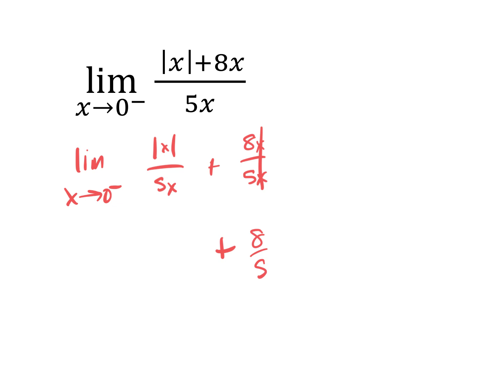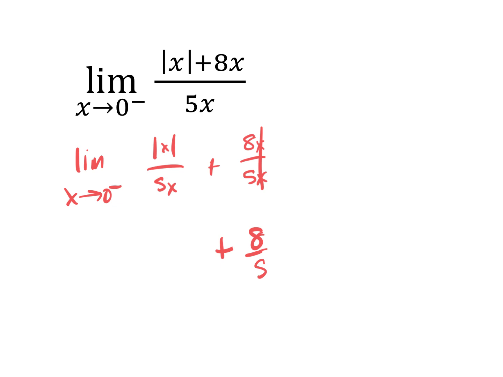Technically, it's negative 8 over negative 5, because we're approaching 0 from the left. Kind of. I guess not, because that x is canceled. But on the next one, it kind of matters. Whereas over here, it is still kind of negative 8 over negative 5, because you're not canceling the x.